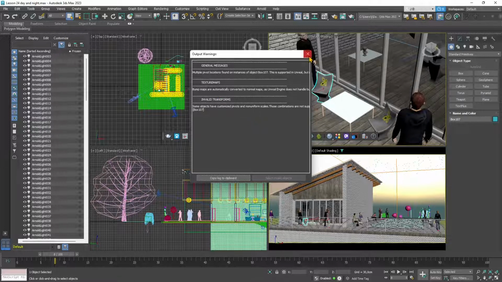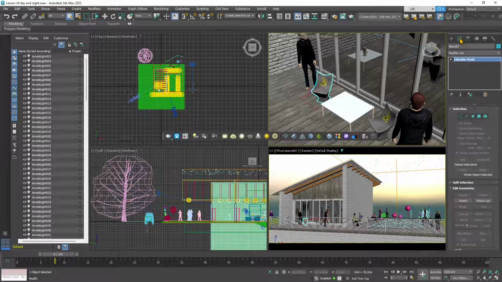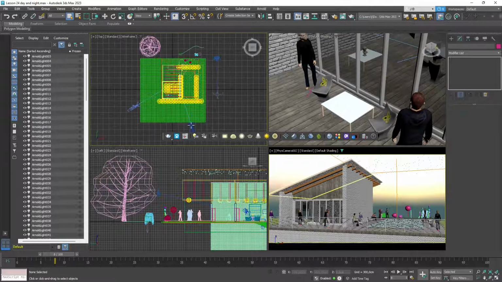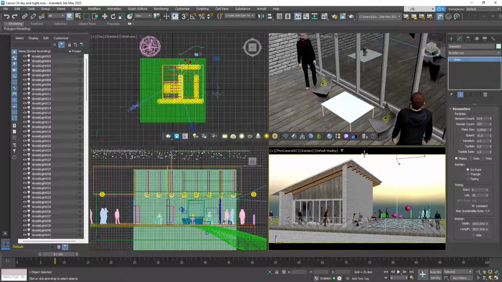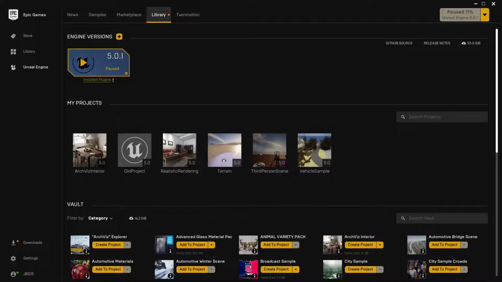Again, output warnings. Always give a look there. Now to make sure that everything goes fine, just convert everything to editable mesh or editable poly, just to make sure that you will not get issues in Unreal Engine 5, and that's it. So let's switch to the Unreal Engine, and I'm going to use a scene that I already